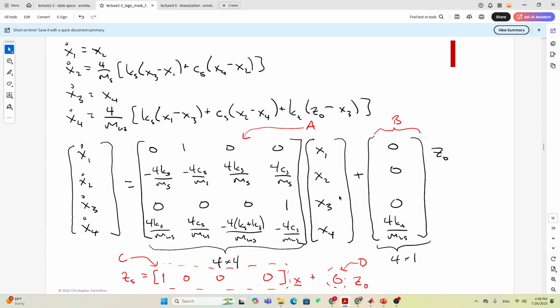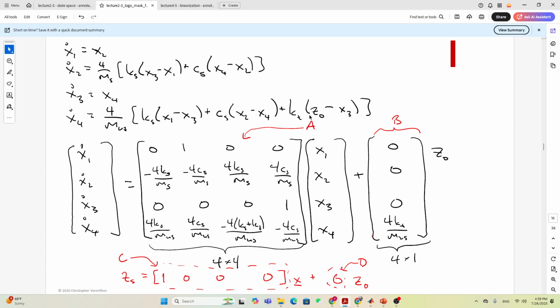So your input, where is your input? Your input here will be considered coming from the road, right? Which is z dot was 0, 0. So looking at your equation of motion, where is z0 showing up? It's only showing up on your unsprung mass, because the unsprung mass is the one directly touching the ground or the road, right? So if you look at it carefully, you see